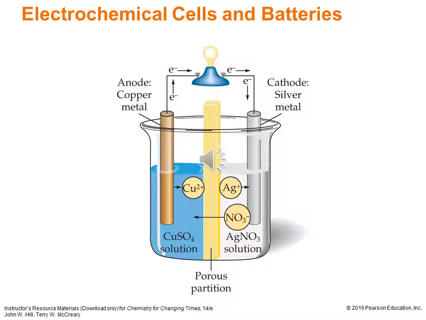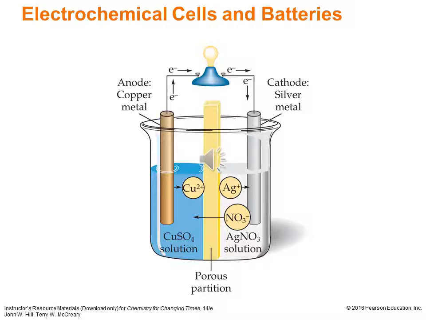So it's important that we have that porous partition, because as the copper ions are generated, we need the nitrate ions, the counter ions of the silver nitrate solution, to be able to move over and charge balance. We can't generate a whole bunch of copper 2+ cations without having some anions to provide charge balance. If we didn't have that porous partition, this process wouldn't be able to occur, because we wouldn't be able to